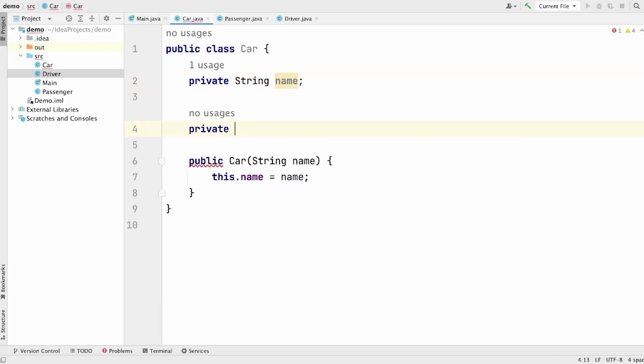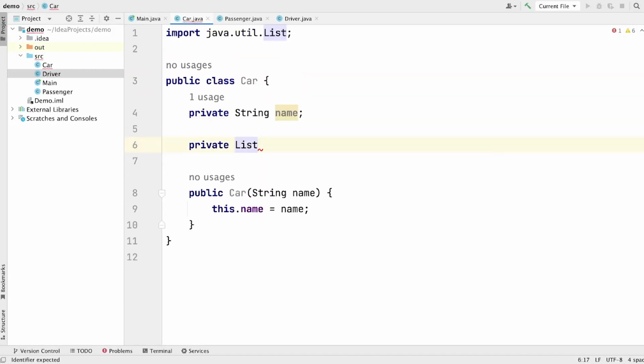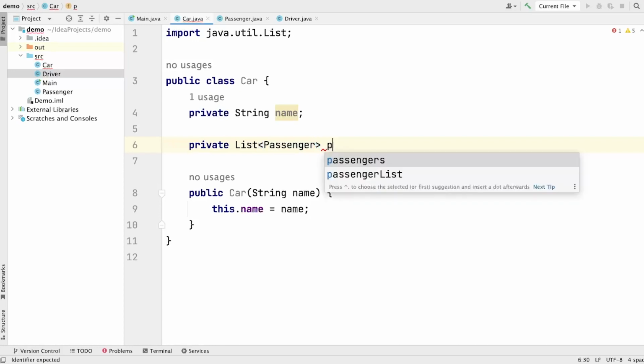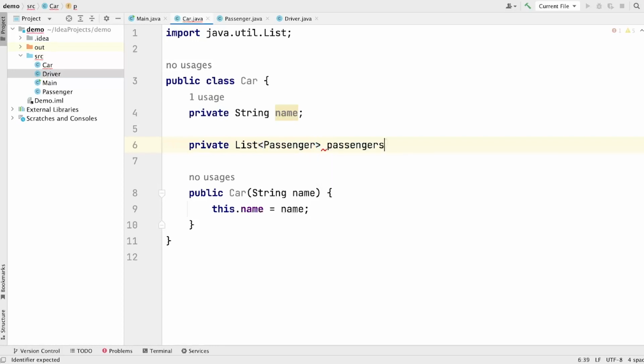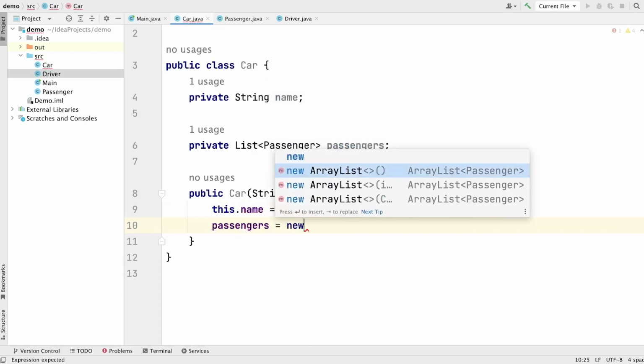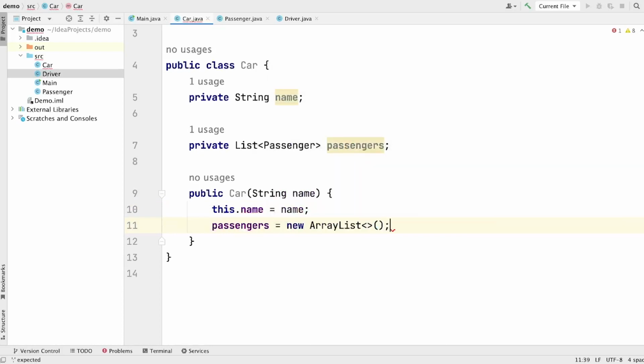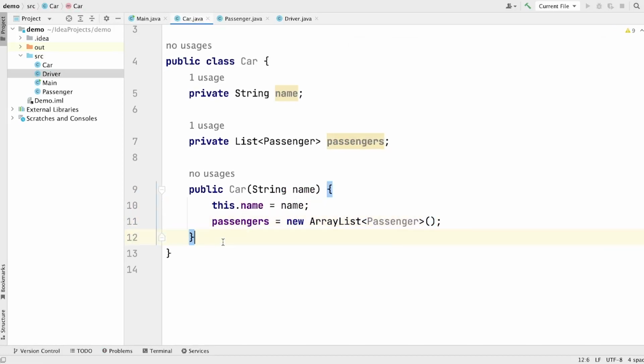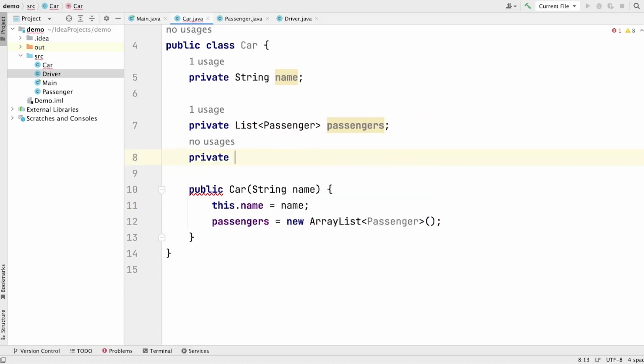First is going to be the list of passengers, right? List of passenger, because a car can have multiple passengers, right? And let's refer this list of passenger using a variable passenger, and let's initialize the passenger variable with the new list of passengers, right? Now let's define one more property to store driver